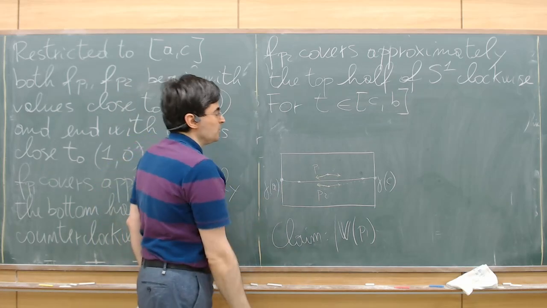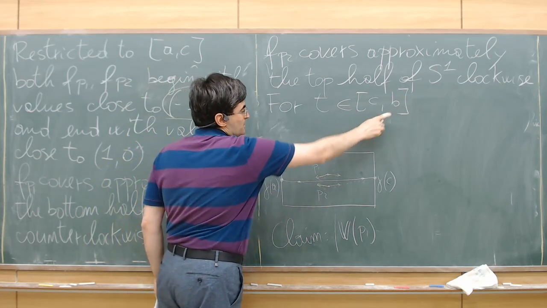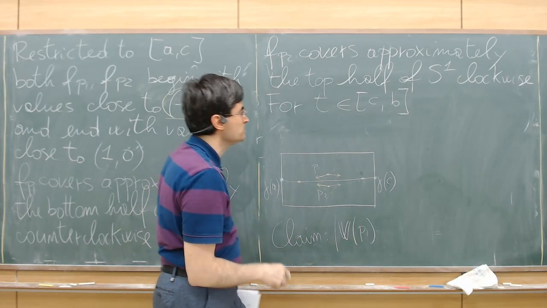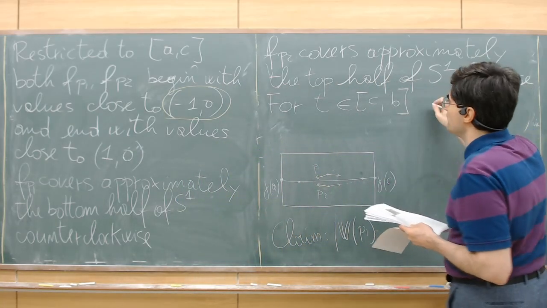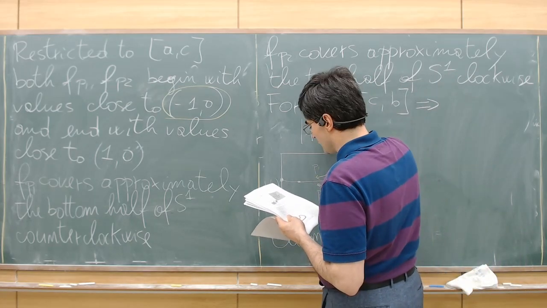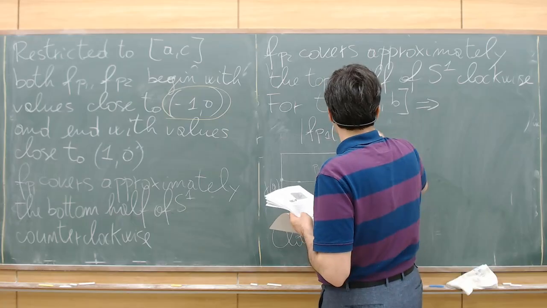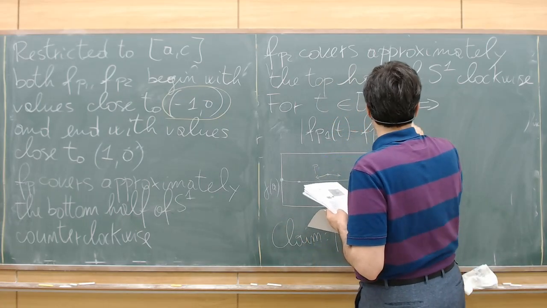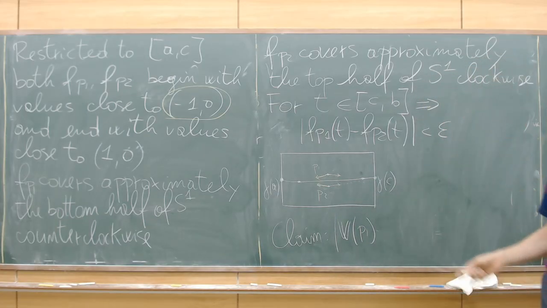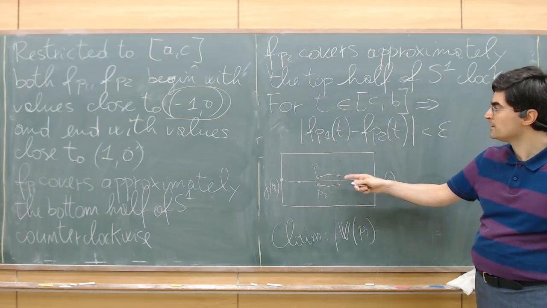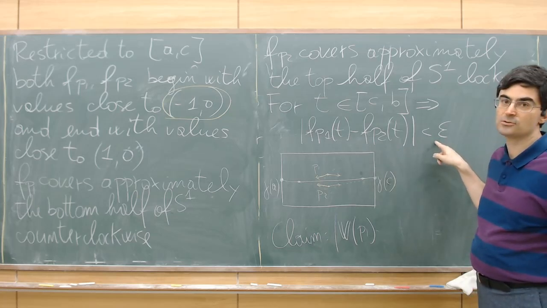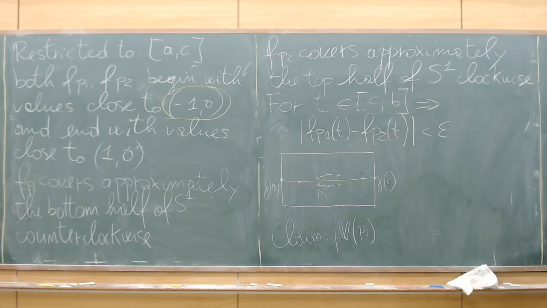I don't make the picture, but it's easy to see that for t in CB, so this means for points of the trace outside this zoom window, we have that the length of fp1(t) minus fp2(t) is more than epsilon. Why is this true? Because these points are very close, and this means that these two vectors are very close to each other and their difference is small. Okay, now